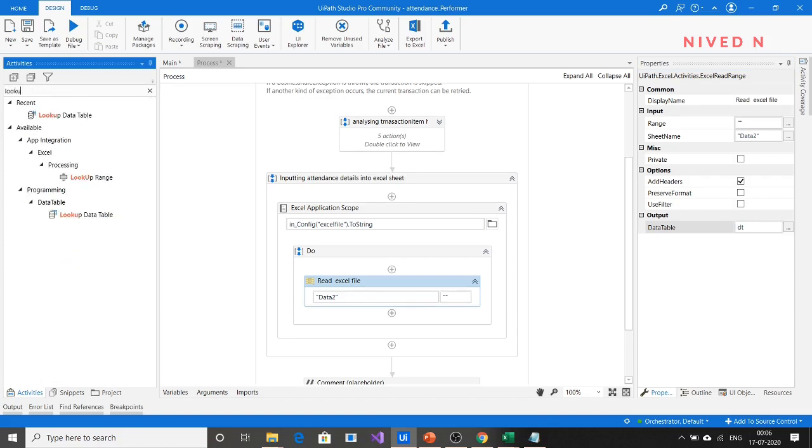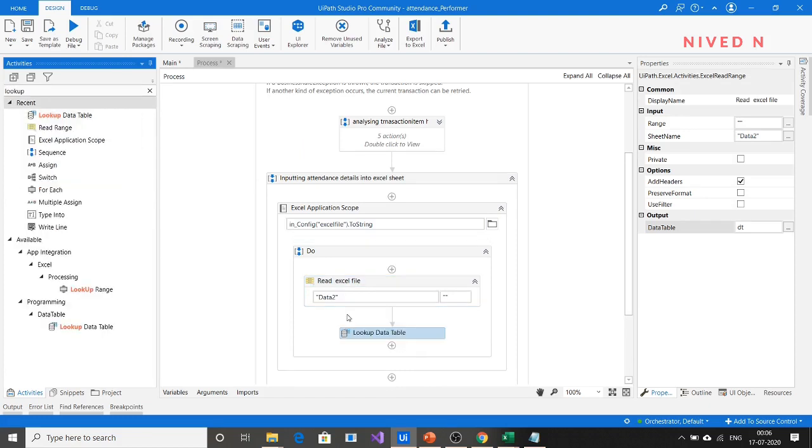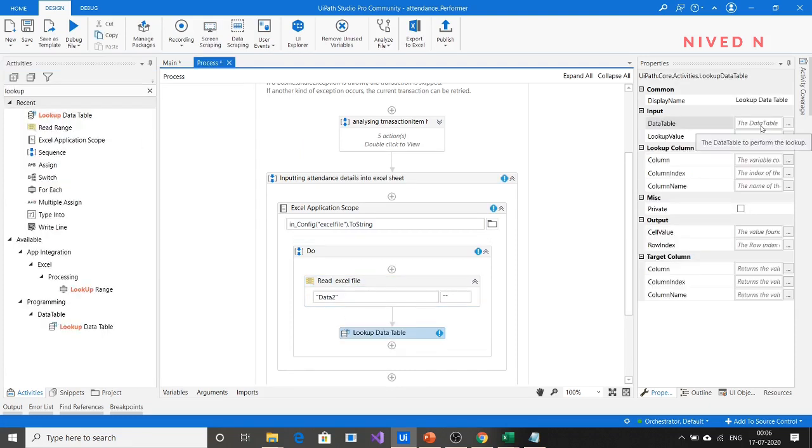Now we can use the lookup data table activity. What does this activity do here?